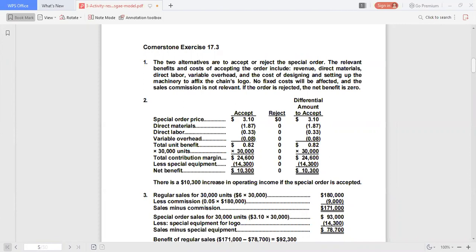In number 3 question, what if the company was operating at capacity and accepting the special order would require rejecting an equivalent number of boxes sold to existing customers? So in other words, in the case of number 3, the company has no idle capacity. If it will be selling to this special order customer, it will be turning down the other regular orders. So the regular sales, which is at $6,